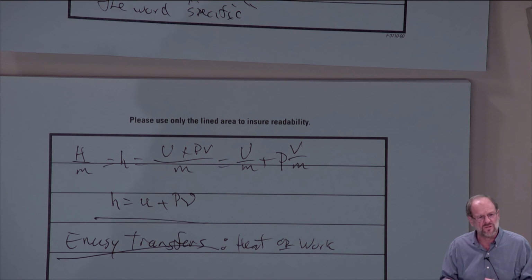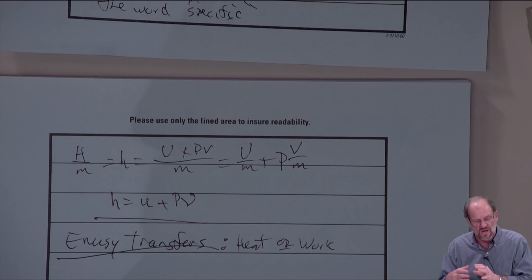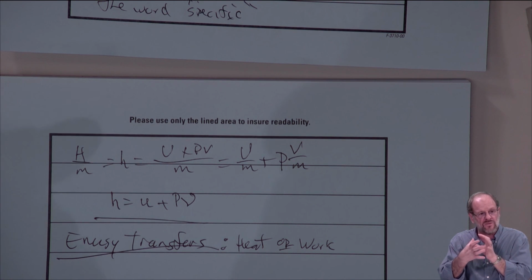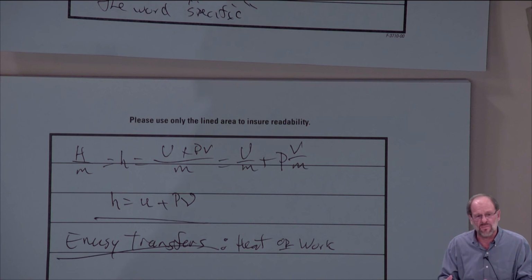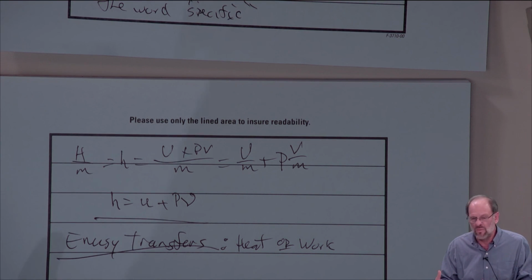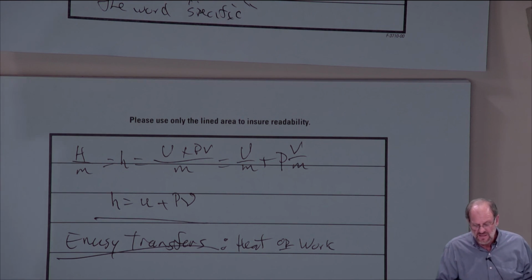For the most part, that also applies to work. There's a particular type of work that we call boundary work that we'll talk about in some detail, where we have a changing boundary. That's what we call boundary work. There's some other forms of work. We've got electrical work. We've got work based on a spring. We'll probably cover some of those a little bit, but not a whole lot. You'll read more about those in Chapter 2. Anyway, so we understand that energy can be transferred, right? It not only can be stored internal to the system, but can also be transferred.